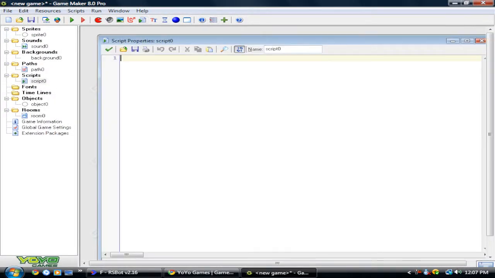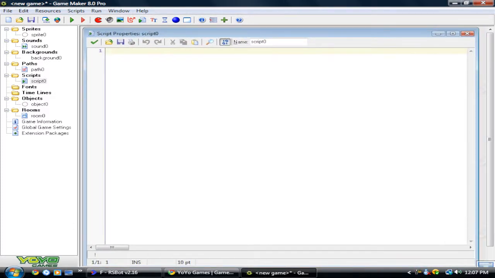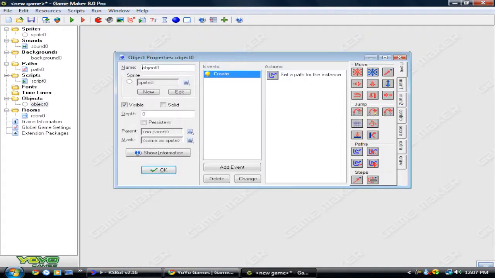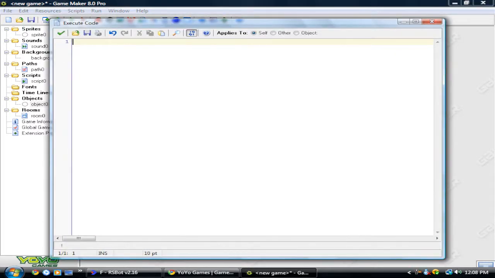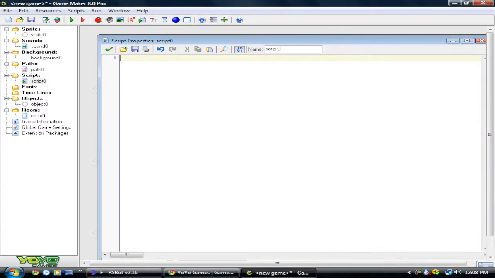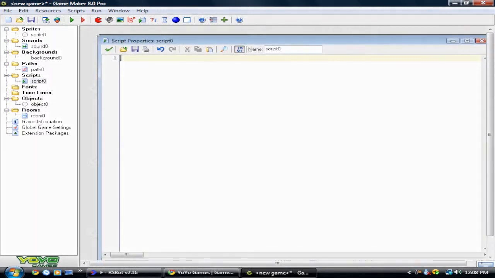Now, script is something really important because scripts are basically code that runs the game. You may think, what's the difference between the control add code here, this code, or the script here? They're both the same thing where you enter the code. Basically, there's a really big difference. The script can hold arguments. So basically,